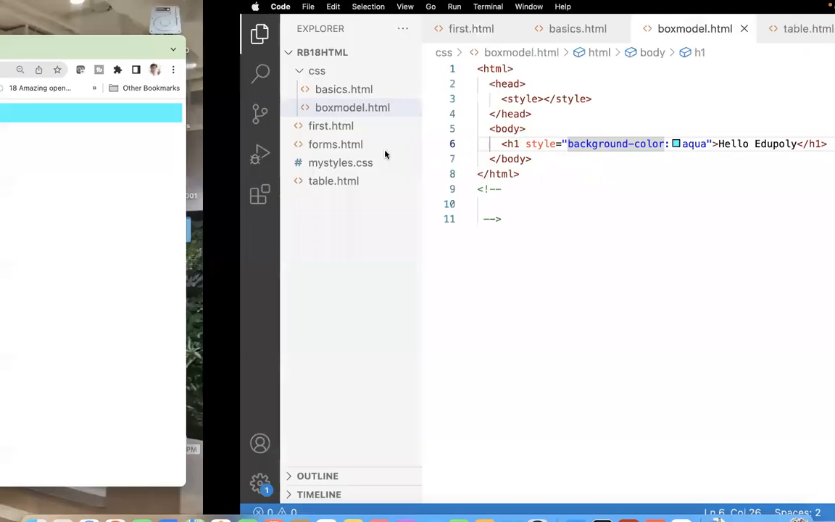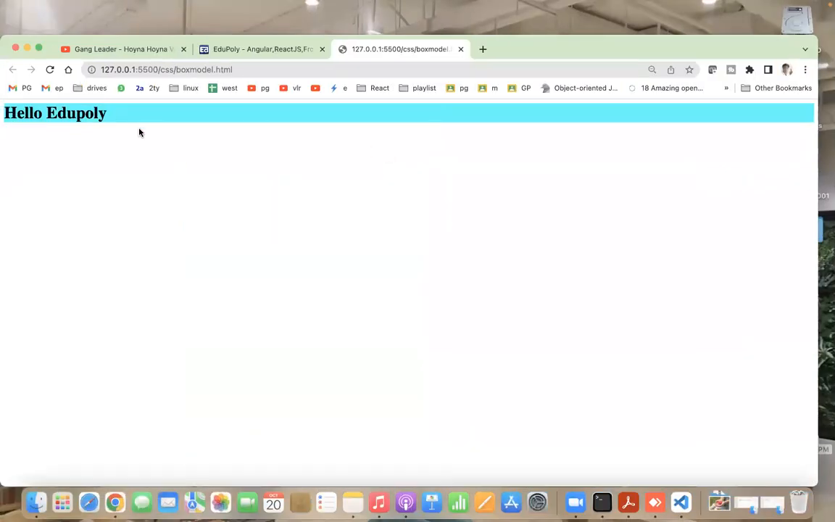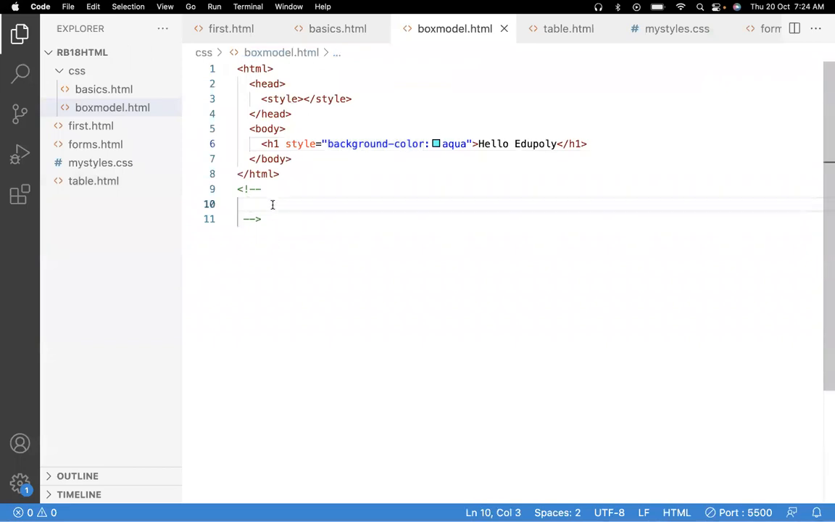So this H1 has a background color. Even the background color helps us understand that the background color is applied to a box. That means that the H1 is occupying a box. So to this box we have some properties. Let us say box model